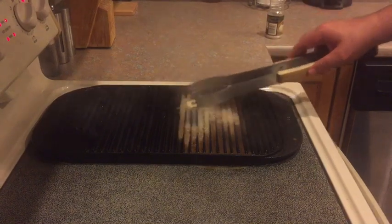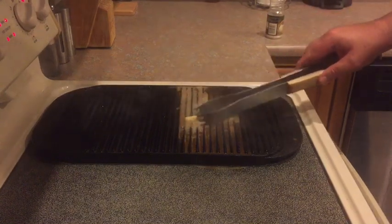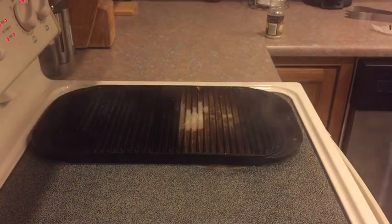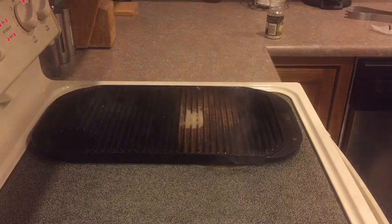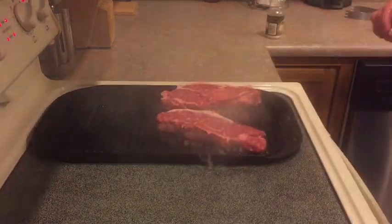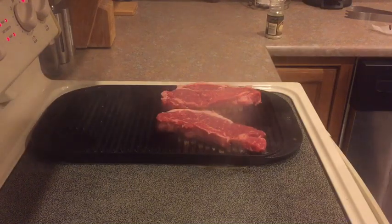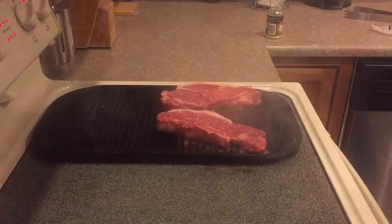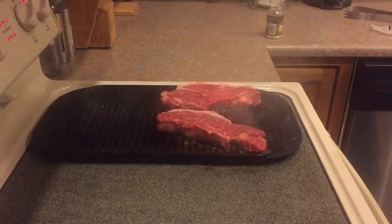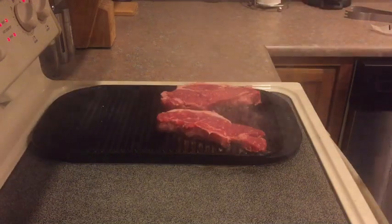And I'm pretty much a steak purist. I like steak and not much on it. I'm going to throw these things on there. About 4 minutes a side. Flip them. And we're going to call that a party. Actually, we're going to add a little bit of...